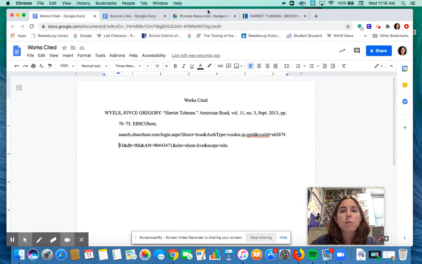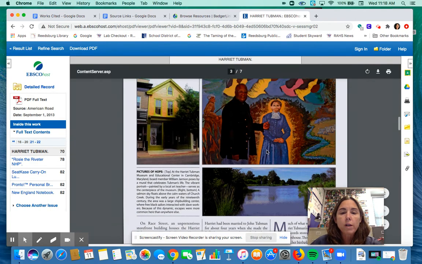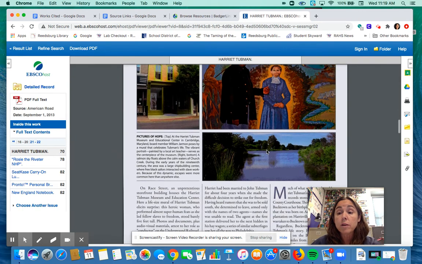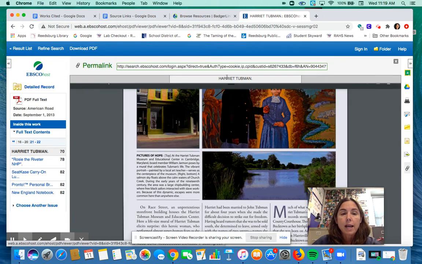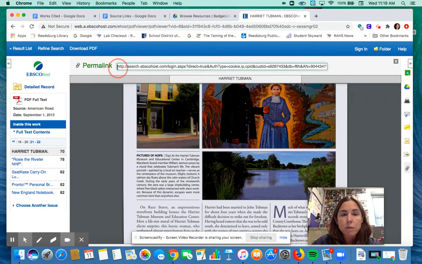The other thing that I wanted to show you how to do is, I'm going to go ahead and X out of the citation format. So when you have found an article that you think is going to be valuable, then you also want to save it. So down over here on the right again, is this Permalink button. So I'm going to hit Permalink, and then up here it's given me a Permalink in the search box. I'm going to go ahead and copy that,